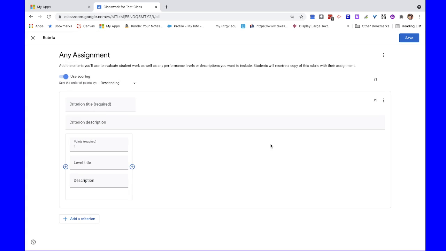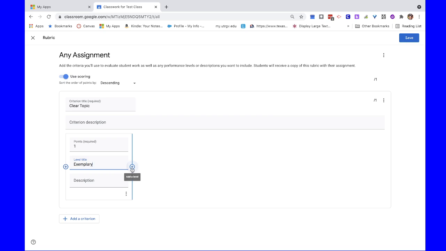the rubric template. Okay, and so I can come up with the different areas of my rubric that I'm going to be assigning scores to. And let's just say my first criterion will be that they have a clear topic. Okay, now I'm going to skip down a little bit. You can add a description here, but I'm going to jump down to where it says level title because a lot of times we use these level titles,